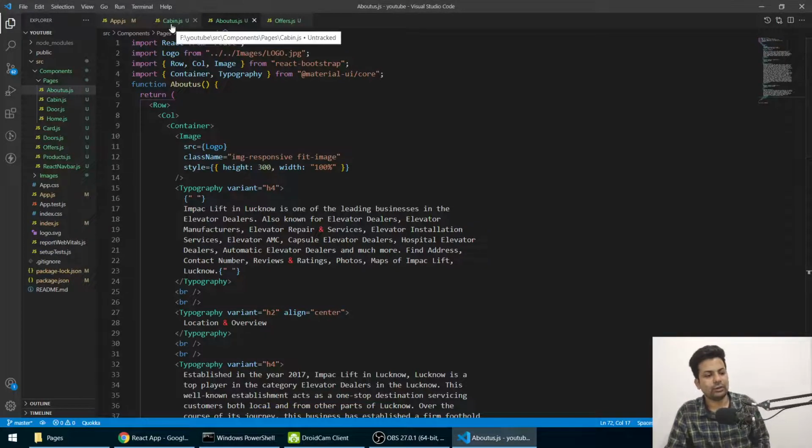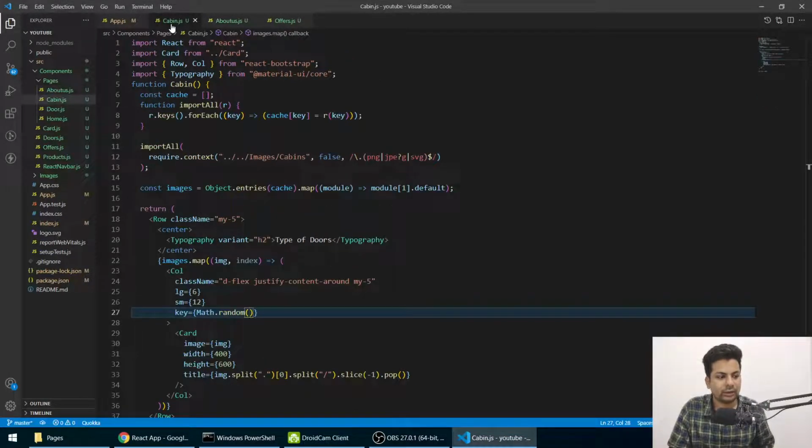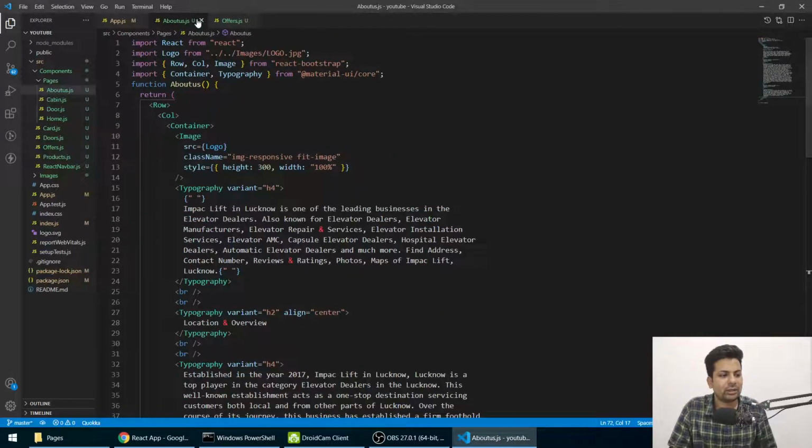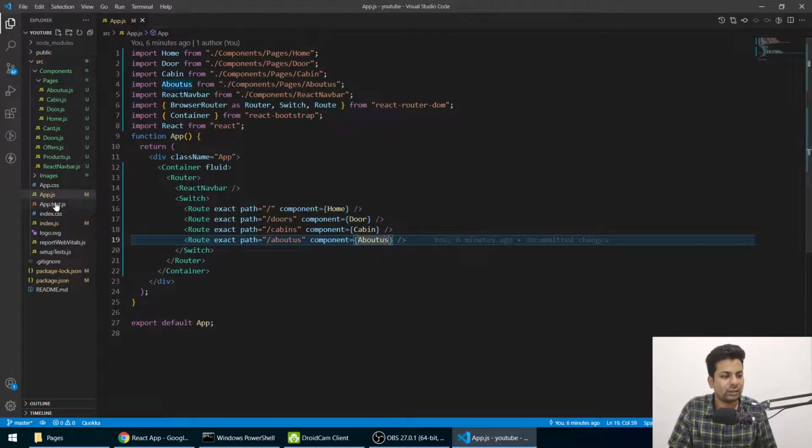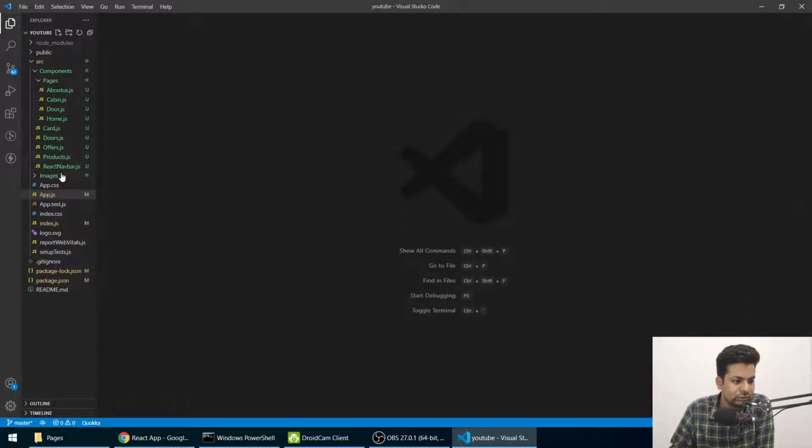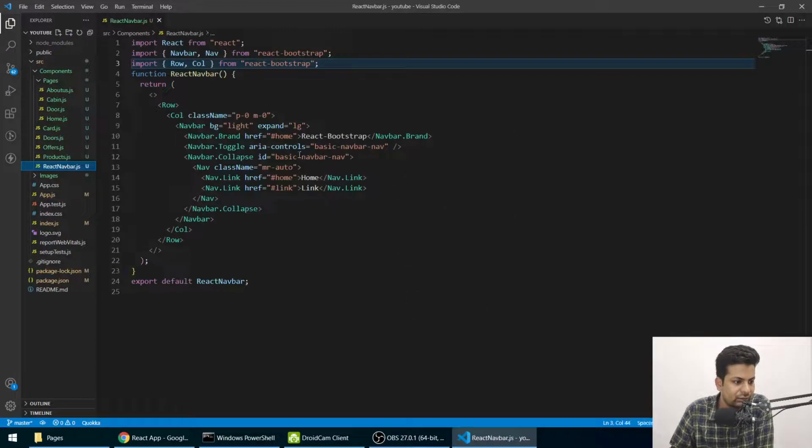So what we'll do, we'll come in here, cabin, and no, why do I need cabin? We'll just close everything. We'll come here in the navbar, close app.js. Where is React navbar? Yeah. So let me just open the React navbar.